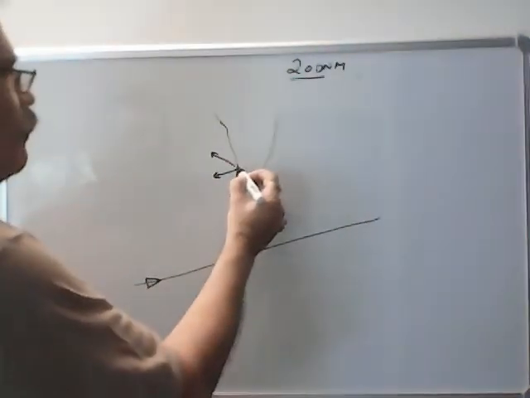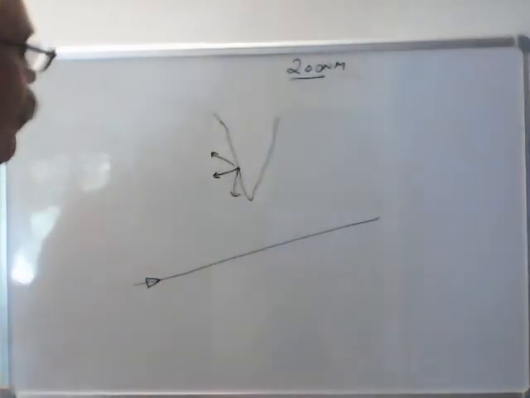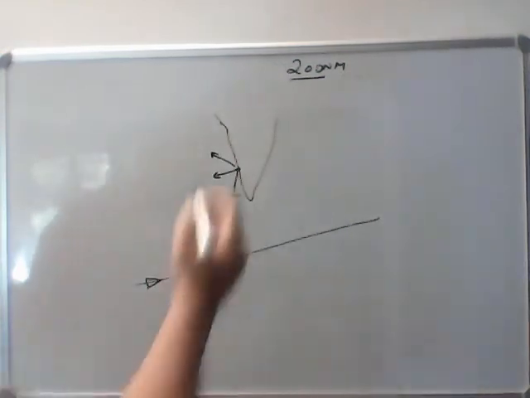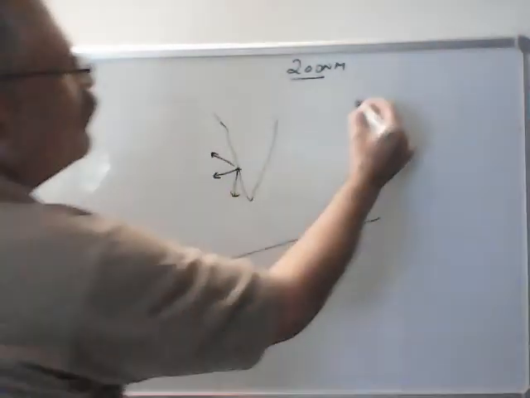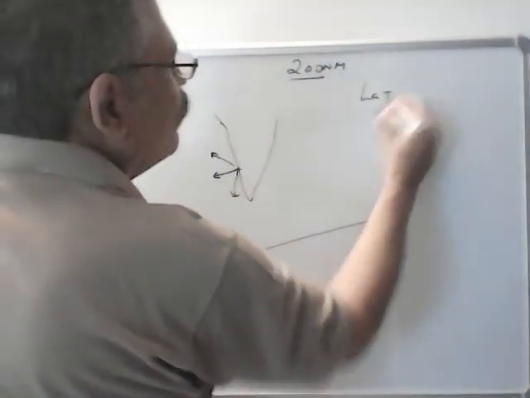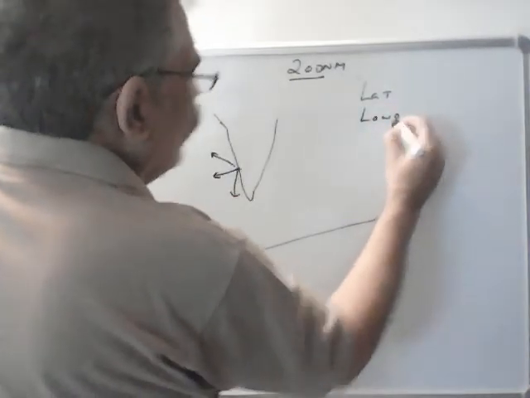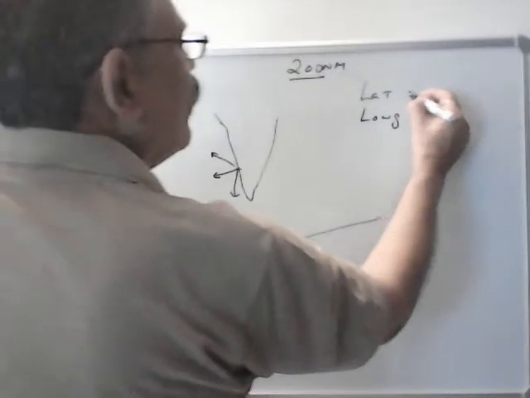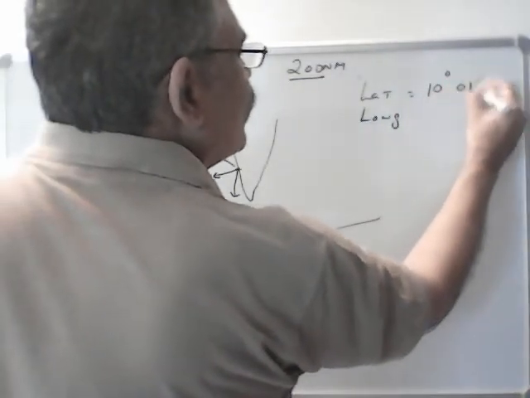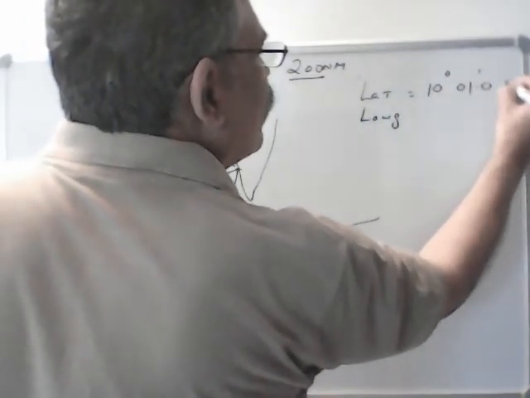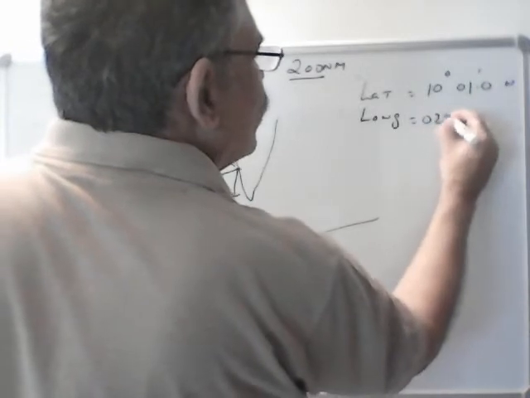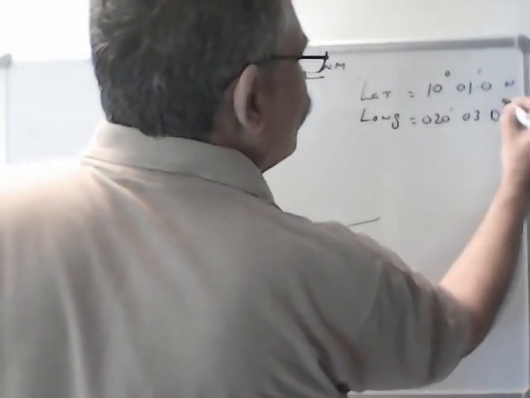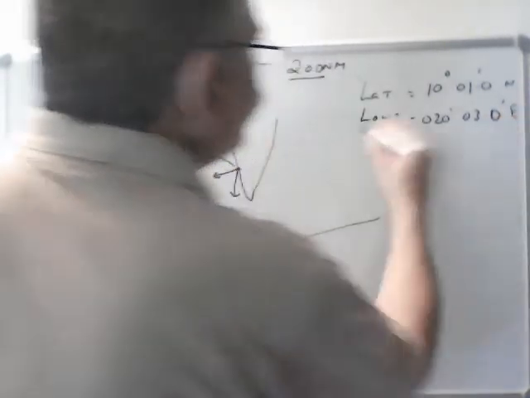Now, what does this signal contain? Now, these transmitting stations, they have a normal GPS. It shows latitude, longitude, not a differential GPS, but they have a normal GPS. Let's say latitude, it was showing 10 degrees 01 minutes, point 0 north, and longitude 02 degrees 03.1 or 03.0 east, whatever.